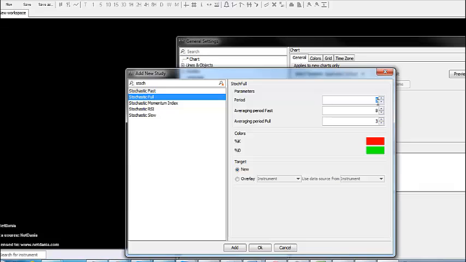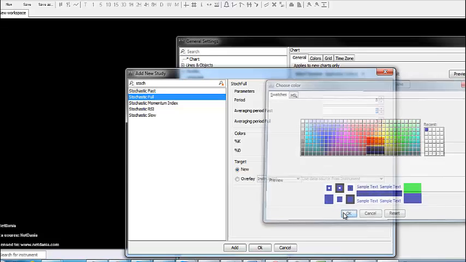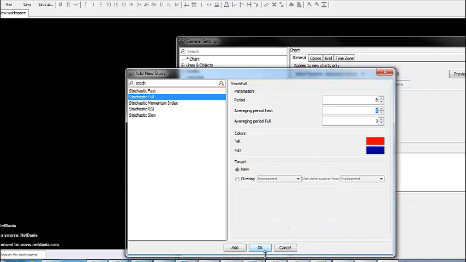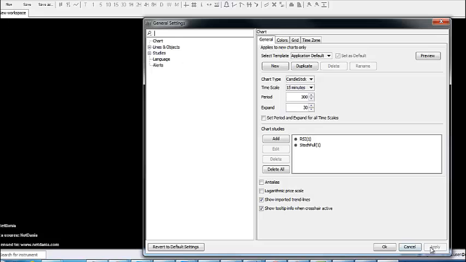Okay, now obviously I'm going to add for each period, it's going to be 8, 3, and 3. And we're going to want to change the color coordination for the format so that it's going to be good for the eye to see. And we're going to click on blue in the middle. Okay, click OK over there. And we press OK. Now we have our indicators already set up, and we can apply this to the charts